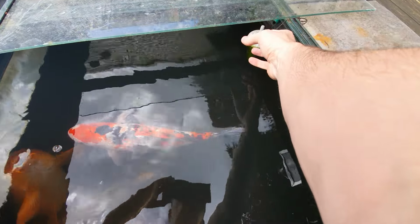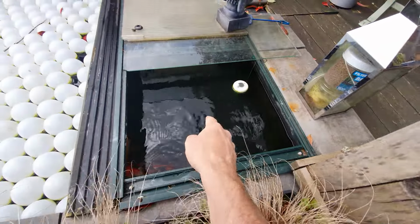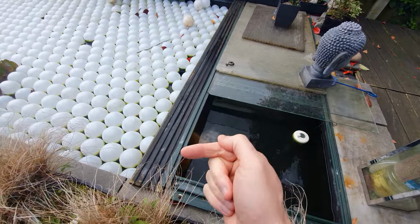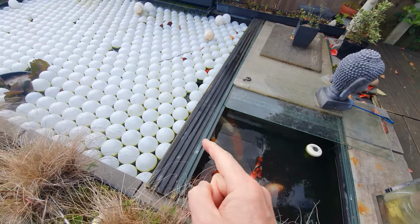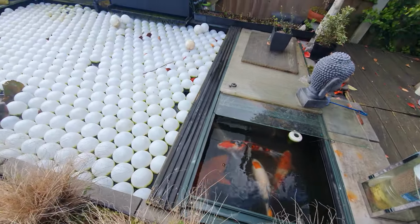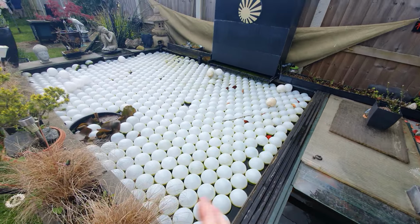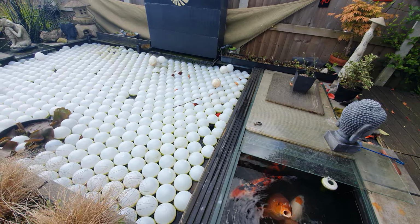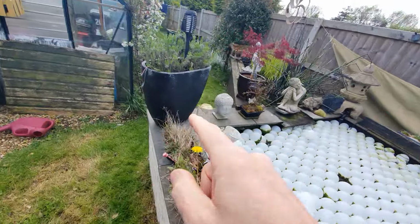I'm just noticing, and I'll have a look at my videos from last year, the water temperature is 12.6 degrees C on the outdoor pond, and that's been quite consistent. So I will look back to see if there's a difference, because my wife nudged me a couple of weeks ago and said, oh, when you're taking the pond balls off, because you took them off this time last year. She must have put a post on her Facebook wall with a picture of the pond. So obviously I came out and took all the pond balls off, gave it a bit of a spring clean and hoover. And this year, obviously, I haven't done that yet,